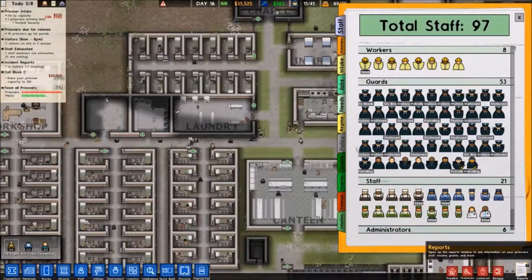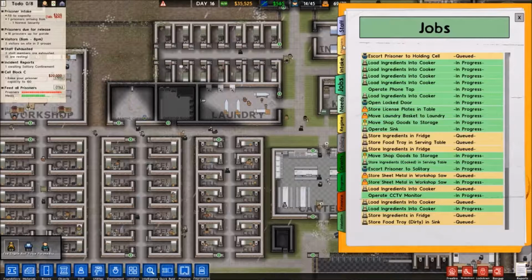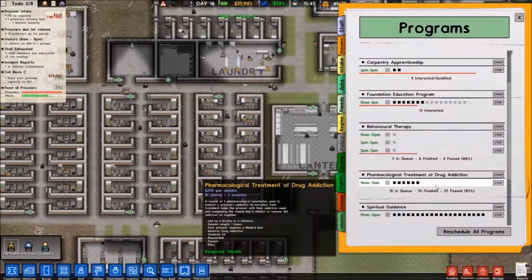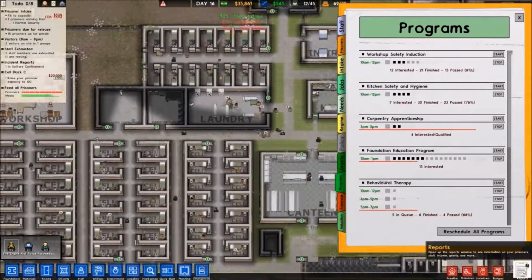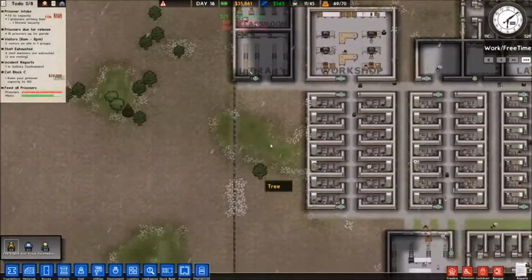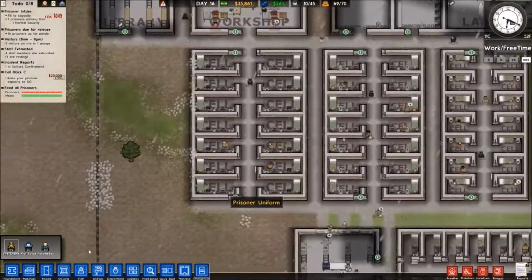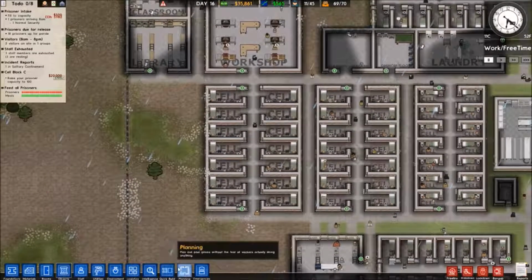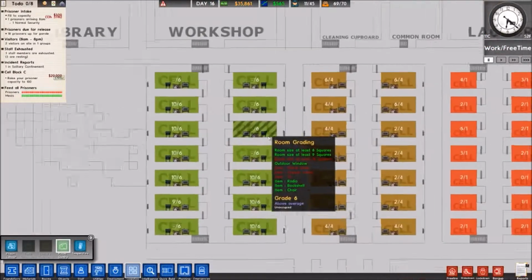Now, what was I saying? Oh yeah, another cell block. That couldn't be too bad. We should do that, or maybe working on the wall. Let's reschedule that there. We'll probably build another cell block over here, and then maybe another shower down here. I think that's something we could do. Now, let's think, what kind of cell block do we want to have? Because it depends on the room quality.